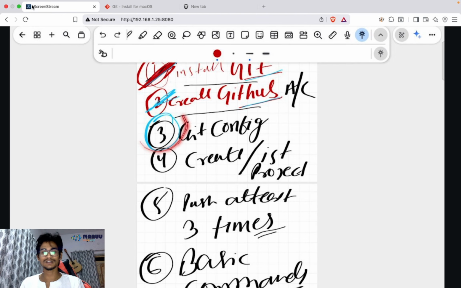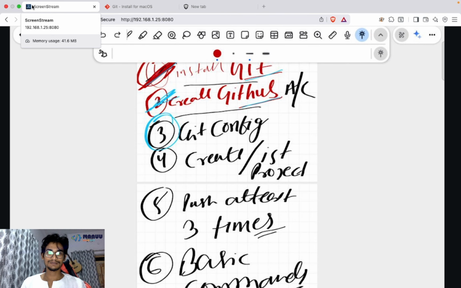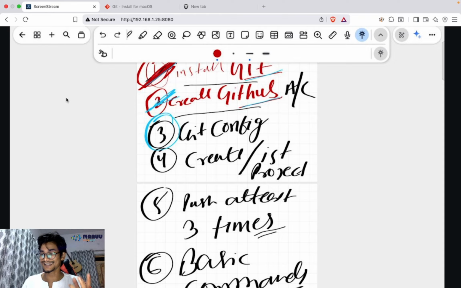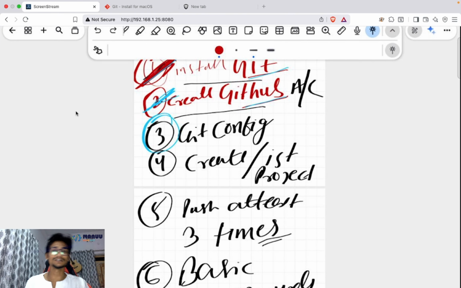Configurations in the sense that we need to configure Git. I have already configured Git. But if you are new and you have installed Git recently and created your new account, you have to configure that account on the local system, because your system should know which account I'm configured with. Whenever I make some changes, to which account am I going to push those changes? You might have a lot of Gmail accounts, but your system should know exactly where to push the code. Simple. So you have to configure it also.